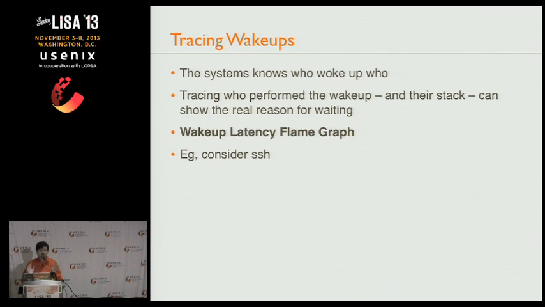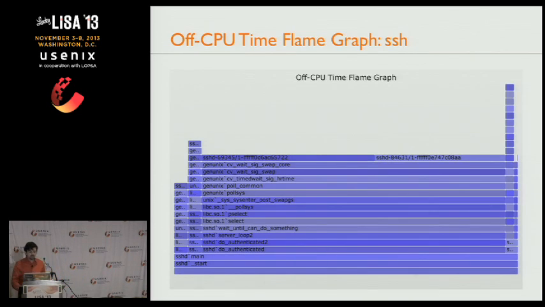And this is what I've been feverishly working on so that I can present it here. So this is all brand new stuff. Wake up latency flame graph. This shows the off-CPU time for SSH, just as an example. And I can see, it's a bit small, but this is the typical problem where we're in conditional variables. And looking at the off-CPU flame graph, it doesn't actually explain what's going on.